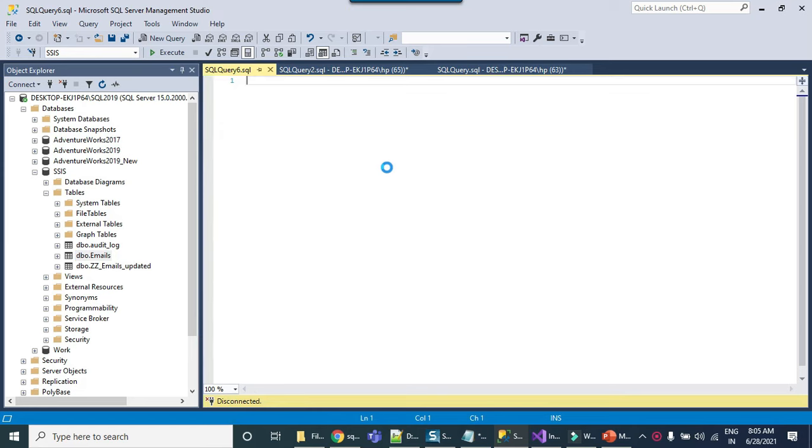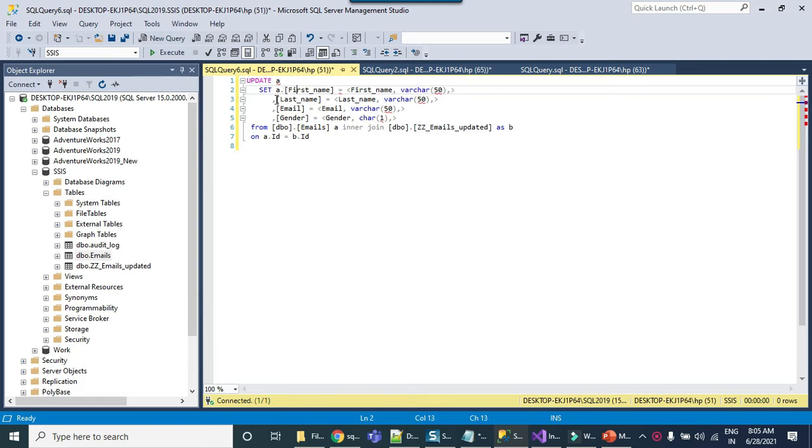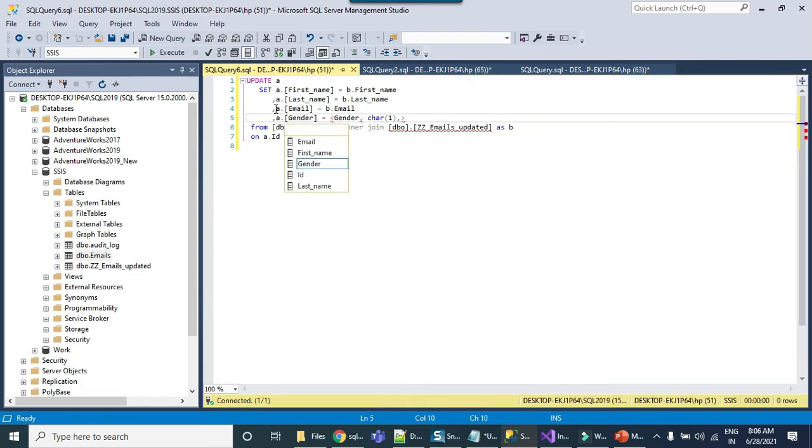Update A from A join ZZ email B on A.id equals B.id, and here let me remove it. A dot first name equal to B dot first name, A dot gender equal to B dot gender. So this particular query should run fine.